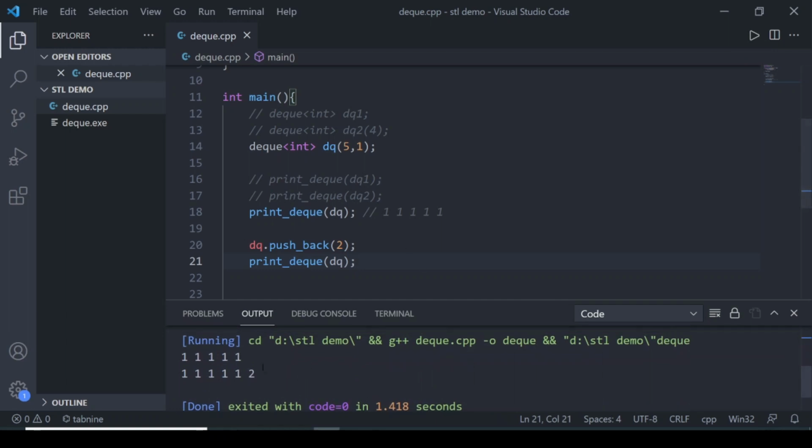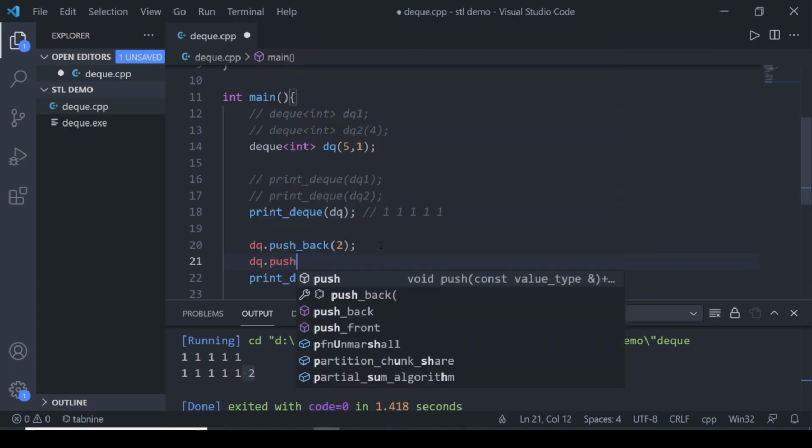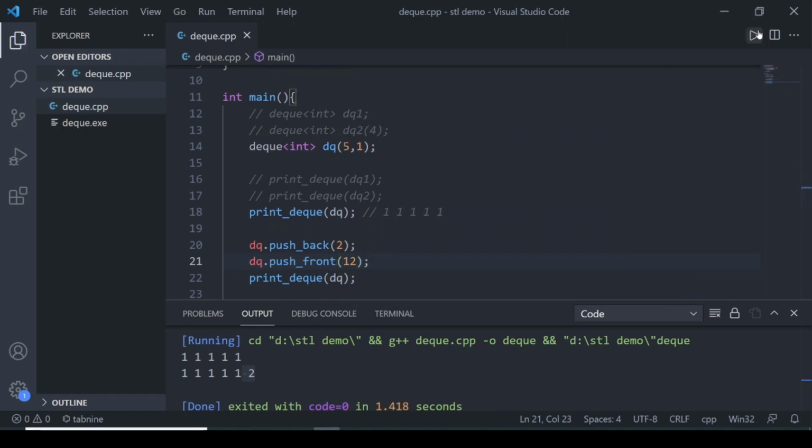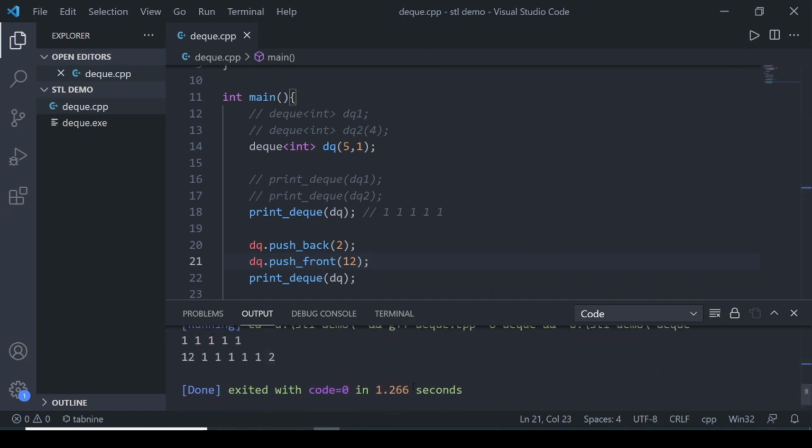Yeah, so 2 has been pushed back after all the elements, and similarly we can push in the front also. Let's say I push front 12, so it will push on the front. So the starting of the deque would be 12 and the ending would be 2.